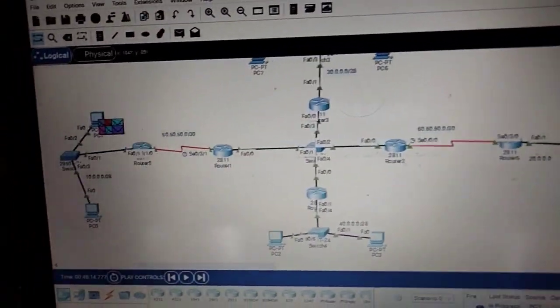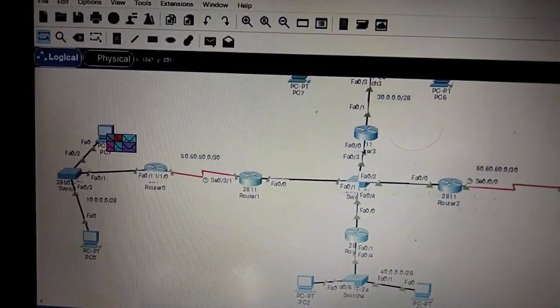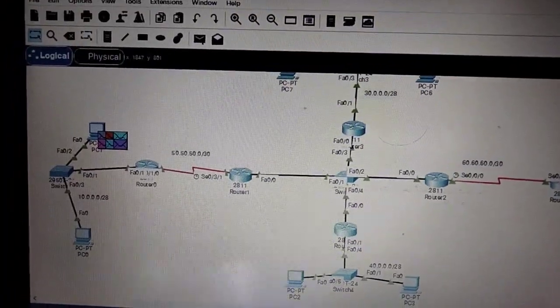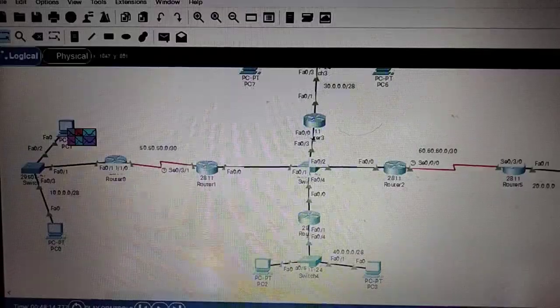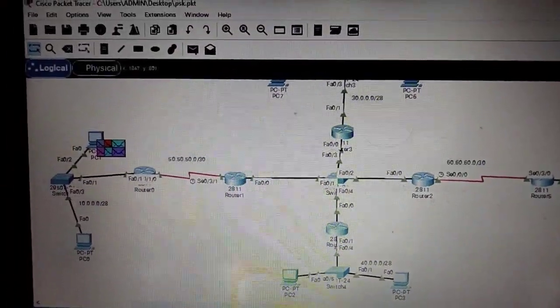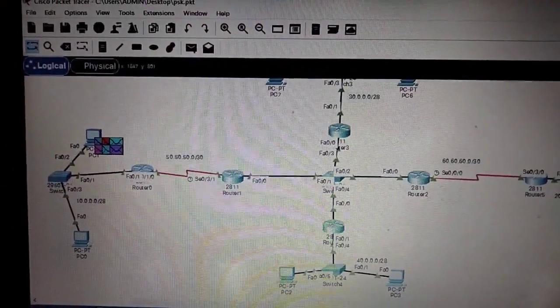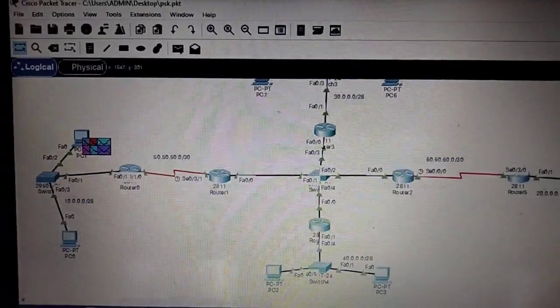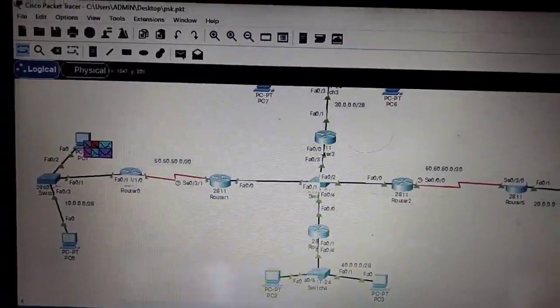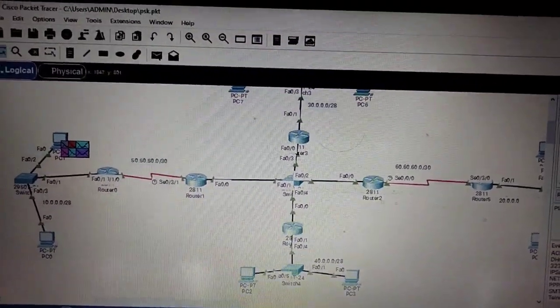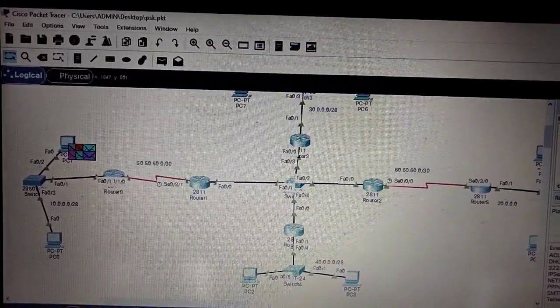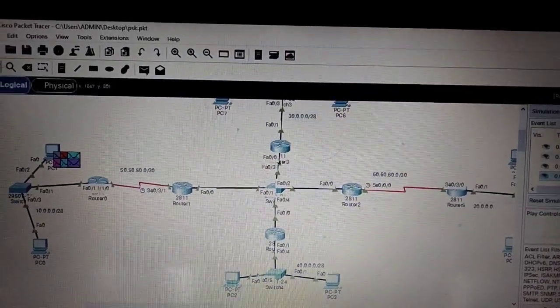Let's see here one more time. Every message is ready to pass through all these systems or laptops: from system to switch, switch to router, router to switch, switch to router again, router to switch, and after that it reaches the receiving PC.